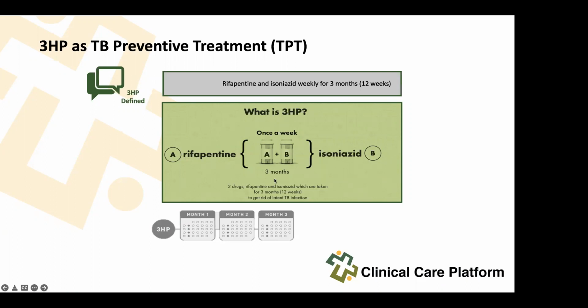I mean, this is magic. How do you shift from 12 months to 12 weeks? And this is not even taken daily. It is taken once per week. You only take 12 doses. And after that, you have the same benefit as what a patient would have received if they received INH alone for 12 months. So I just wanted to show you that there's innovation and there's better regimens.